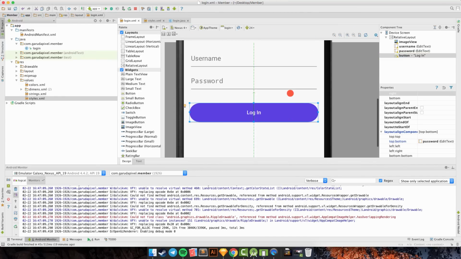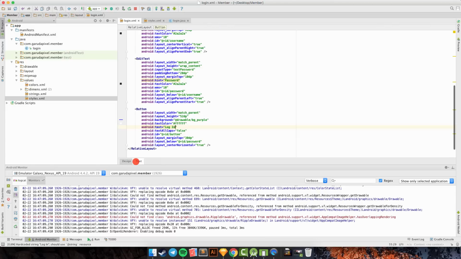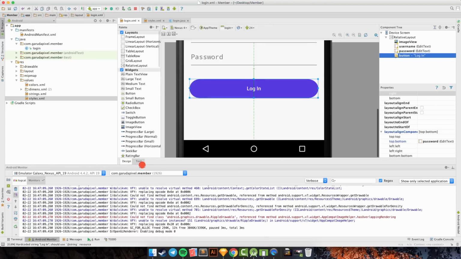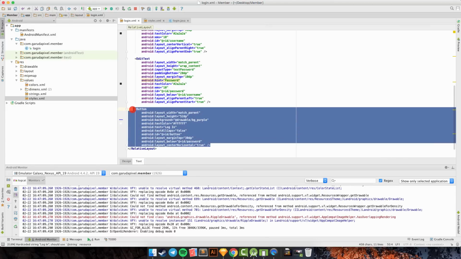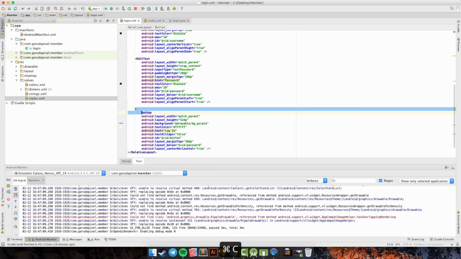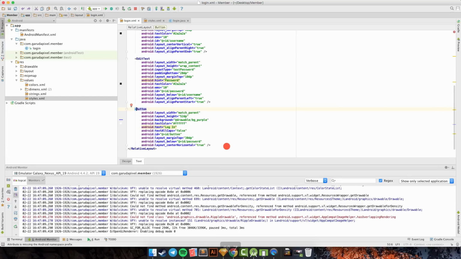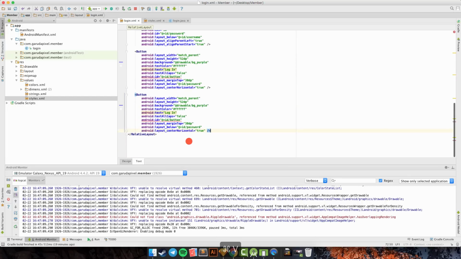Yay! So the next one we need is the register button, so I will copy this and paste here, and change the background to bg silver, and the name is register. Okay, and we can check the layout below.